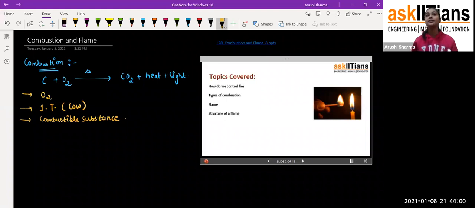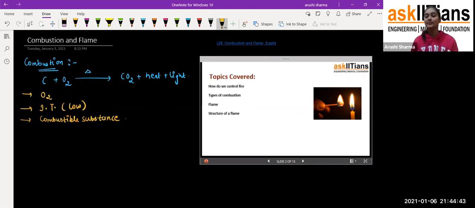Exactly, students. Now you can imagine, if unfortunately some mishap occurs like this, if something is catching fire, or even if any cloth is catching fire, how are you going to control it? First of all, students, the thing that comes to your mind is, okay ma'am, we'll throw water over it and the fire will stop. But it's not like that, students, because every time you can't use water. It depends upon the type of fire we are having, the cause of the fire. If it is a normal fire, fine, but if the fire is caused by an electric shock, you can't use water.